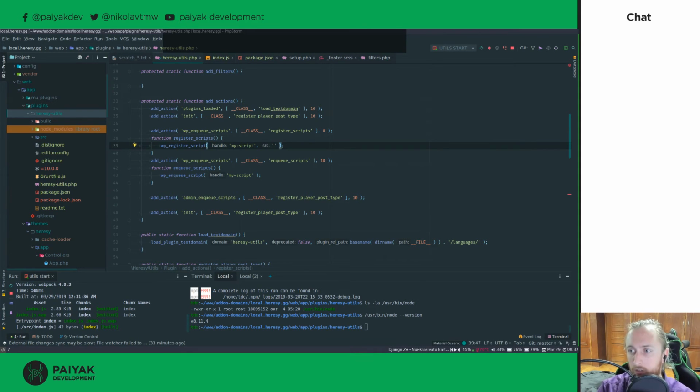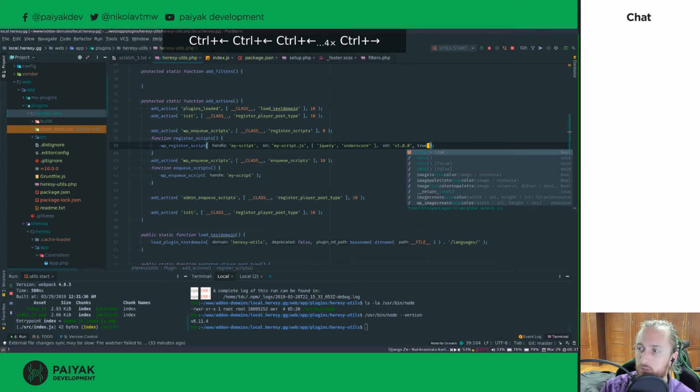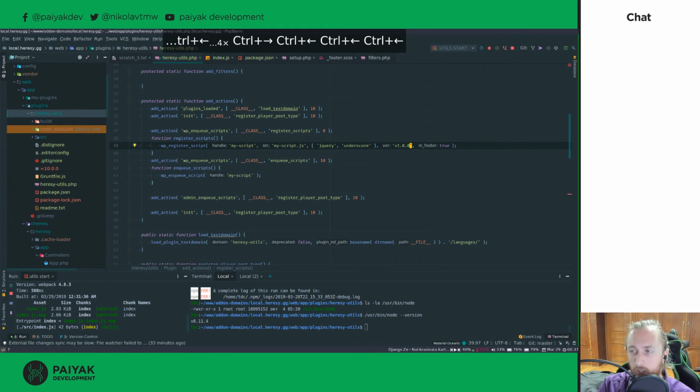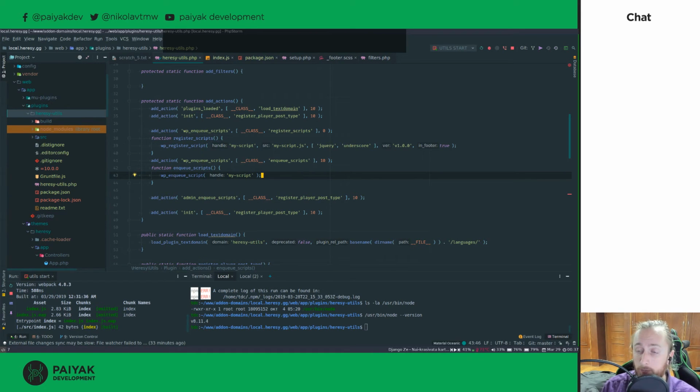So src is myscript.js or whatever, and then you have an array of dependencies like jQuery, underscore, or whatever your dependencies are, and then you can have a version like 1.0.0, and then in footer true to have this register in the footer, and then when it comes time to enqueue your script, you just do this. The neat thing about this, in my opinion, is that